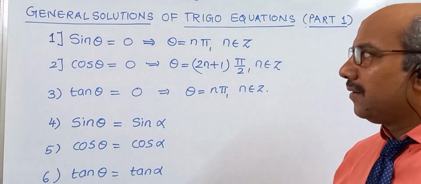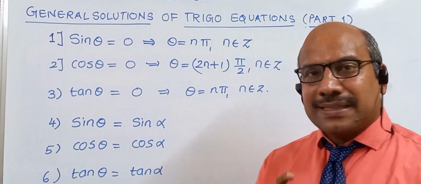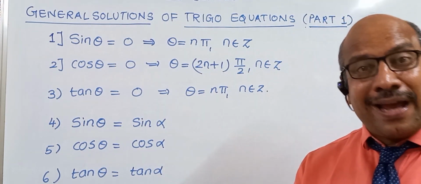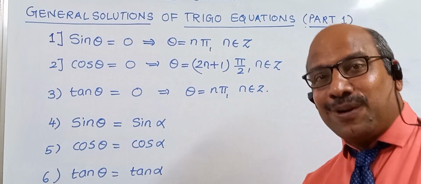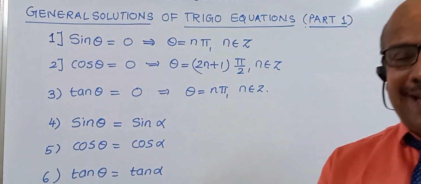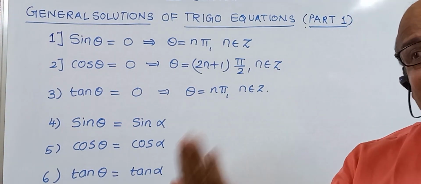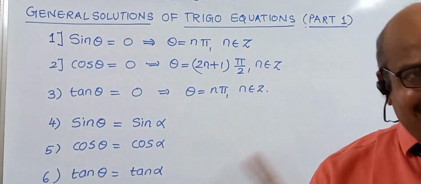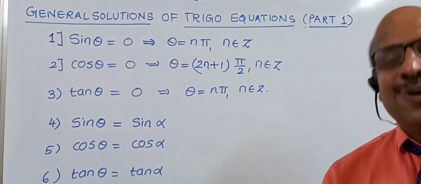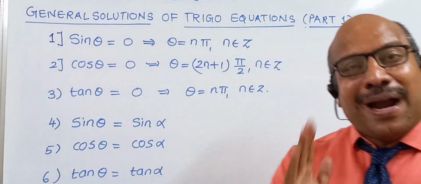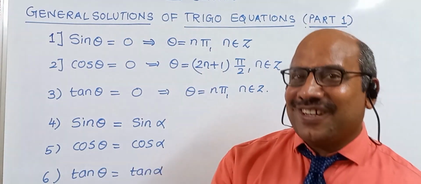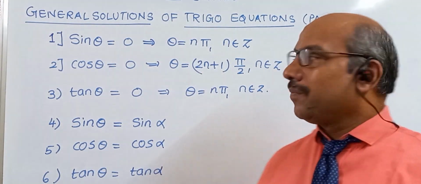So both are the same solution. Now the logic behind that. Sin pi is 0, sin 2 pi is 0, sin 3 pi is 0, and likewise for 4 pi up to 11 pi. And if you go to the negative side of integers, sin of minus pi is 0, minus 2 pi is 0, minus 3 pi, minus 4 pi, minus 5 pi, all 0. And hence for sin theta equal to 0, the general solution is theta equal to n pi.